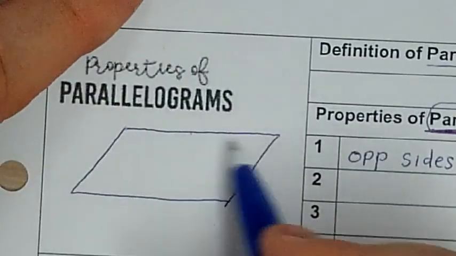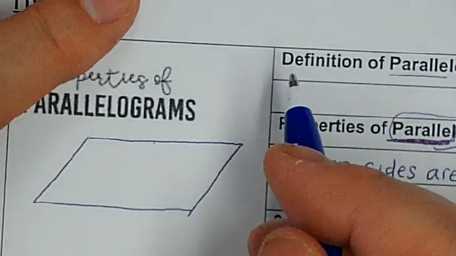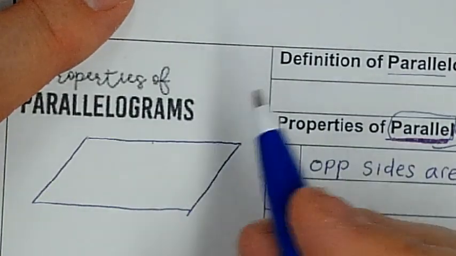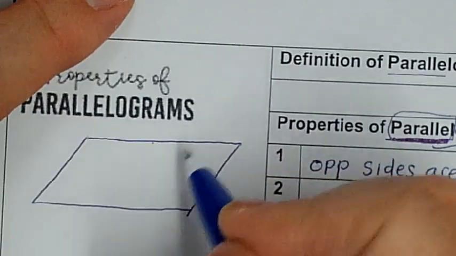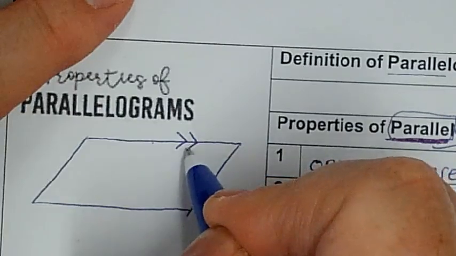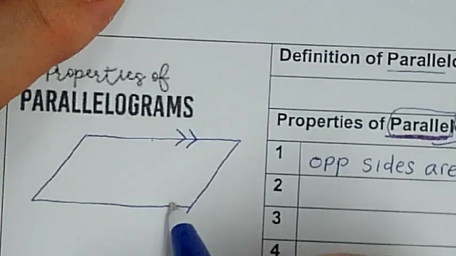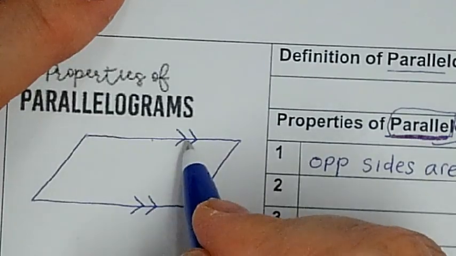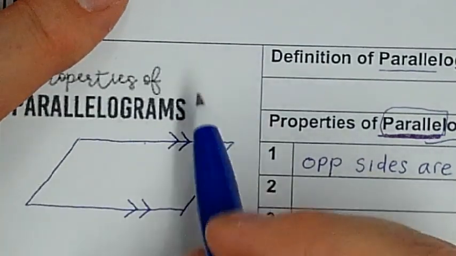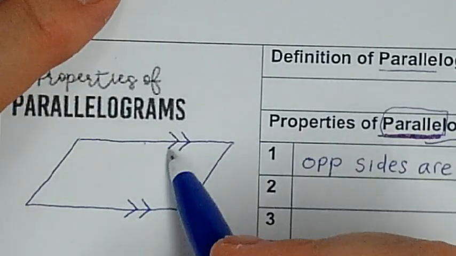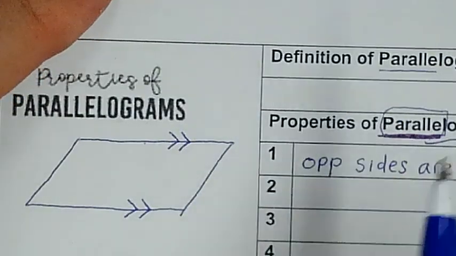That means like railroad tracks. And the way you show that two lines are parallel or two segments are parallel is arrows. You use the same number of arrows. In other words, if this top is parallel to this bottom, then if I put two arrows on the line like right here, then how many arrows do you think I'm going to put on the bottom side? Well, it's got to match. Because anytime the number of arrows match, that means they're parallel. Just like two lines on the railroad track. So now